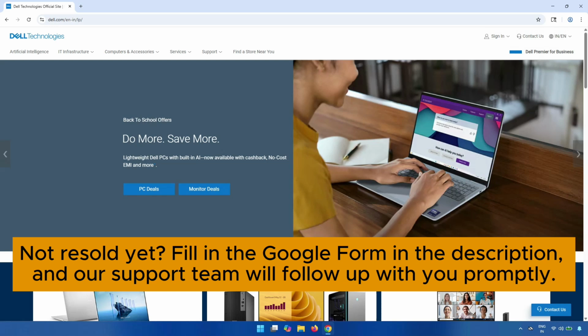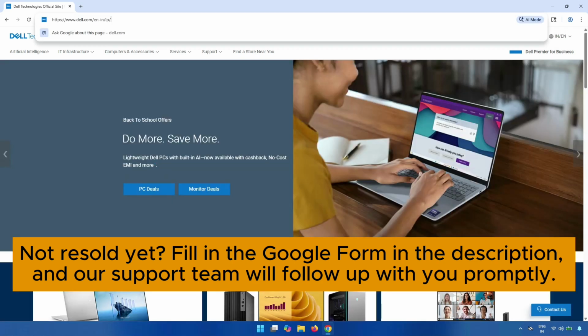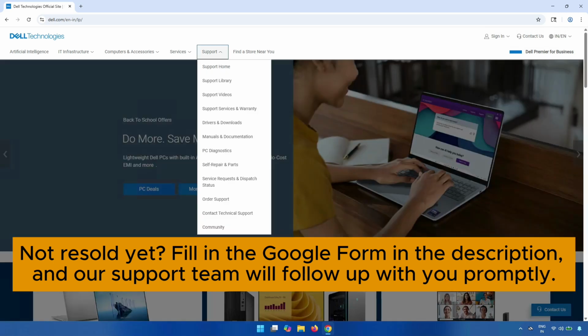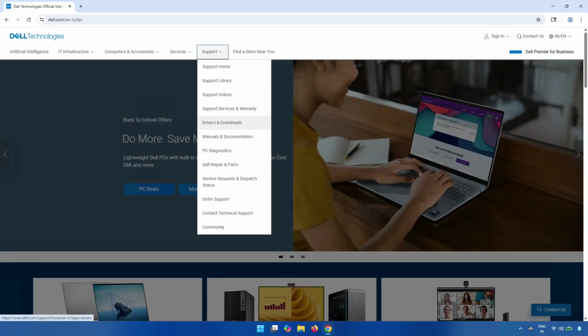So guys, first you have to come to this site, dell.com, the official website, so you can download the latest driver. After that, click on Support, then Driver and Download,